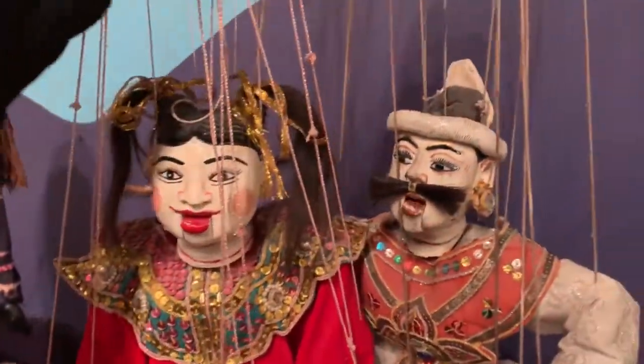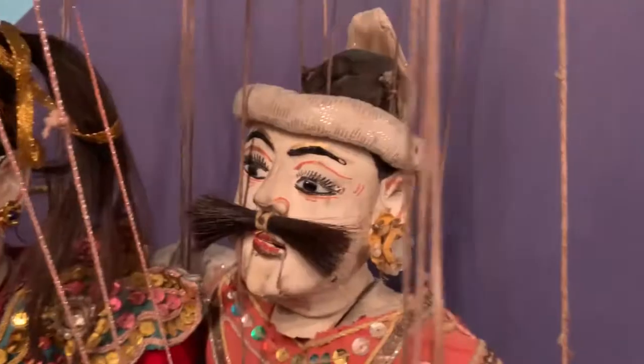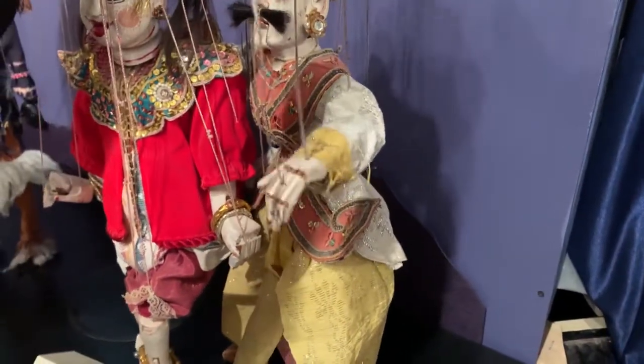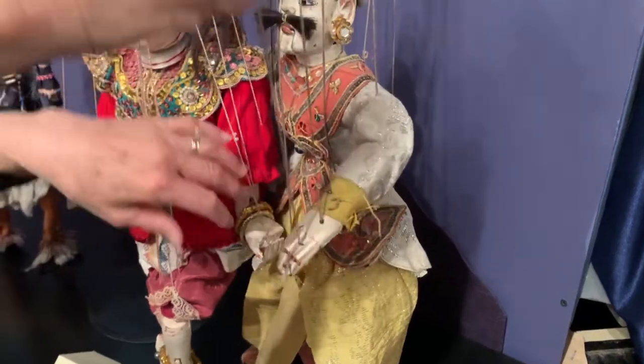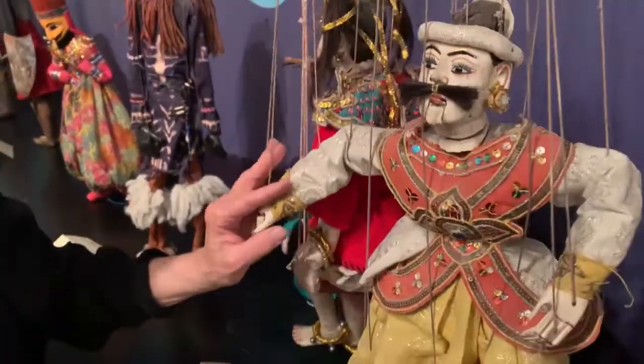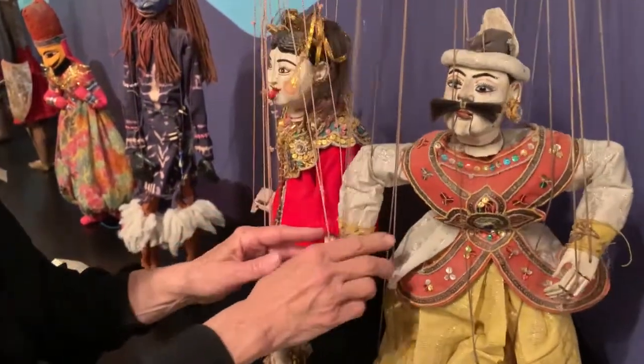Let's see if I can make him move his mouth. There you go, mouths that moved, hands that were articulated, which means they could move. So here's his hand opening and closing. And I've had some children wonder why she was wearing a mustache, but really he's a very important ruler of